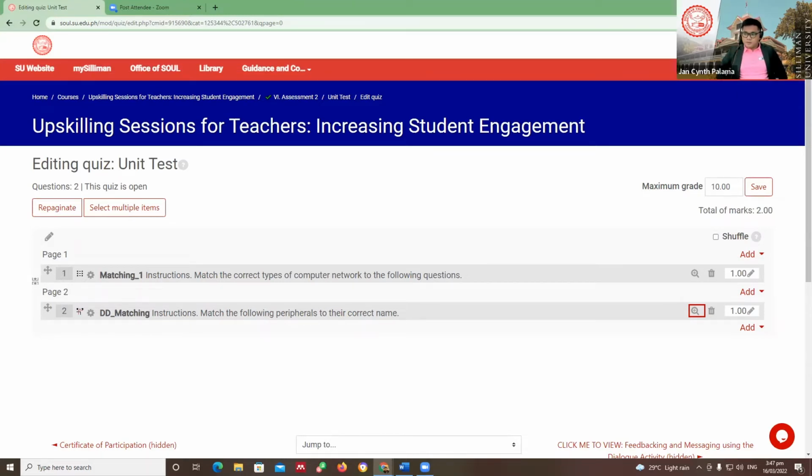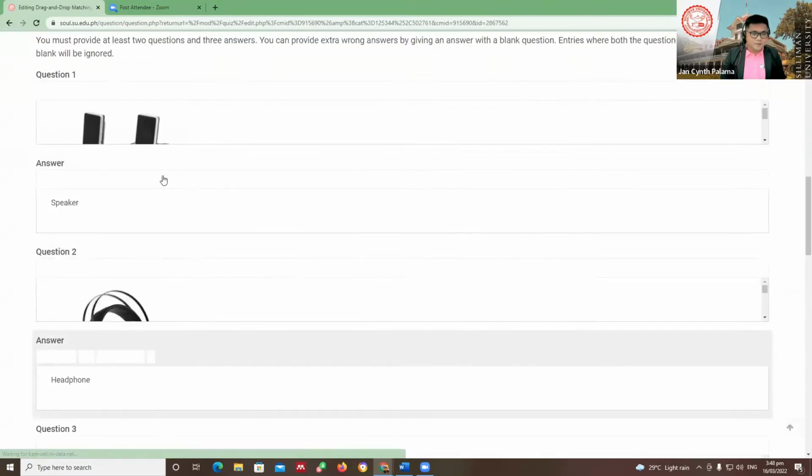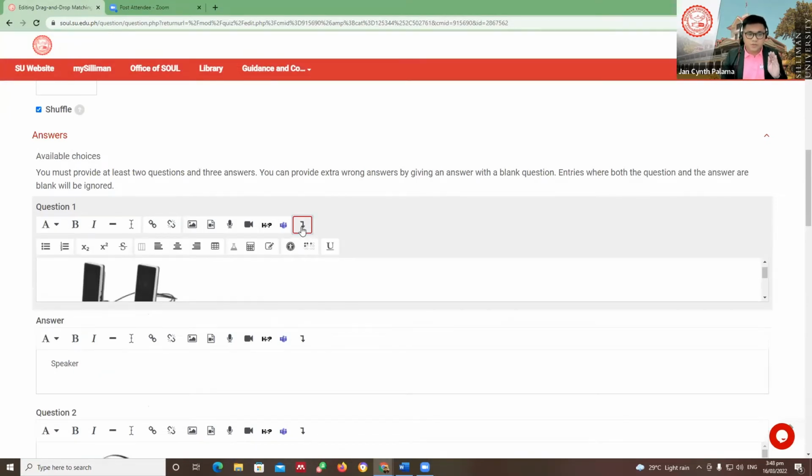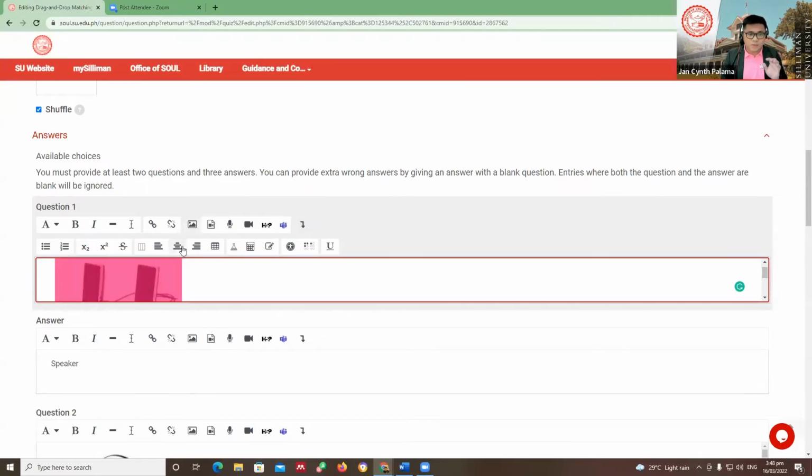Sir, an additional question. What icon to click to align the image? This one. I used to have this in my class, ma'am. Once I've uploaded the image, I'll just click this one, and if you wish to center the image or the picture, just click the image first and